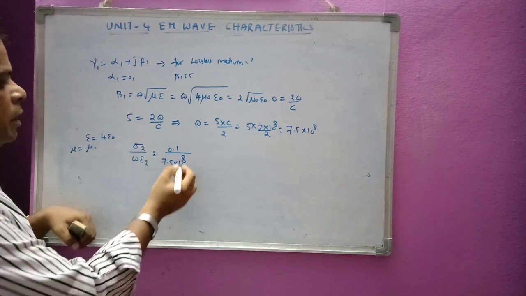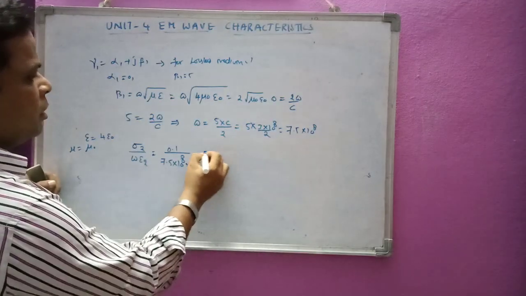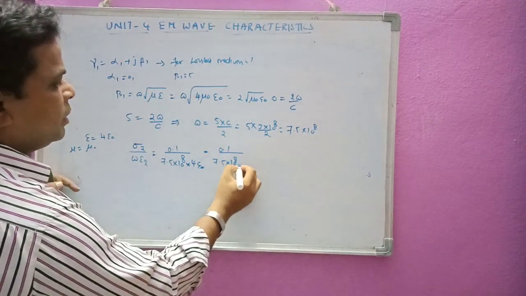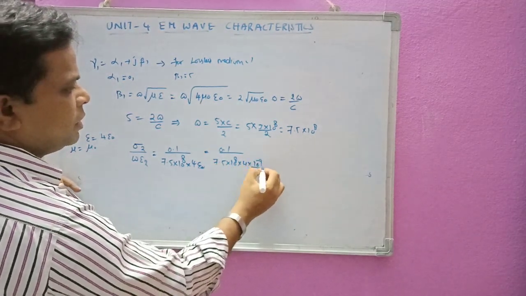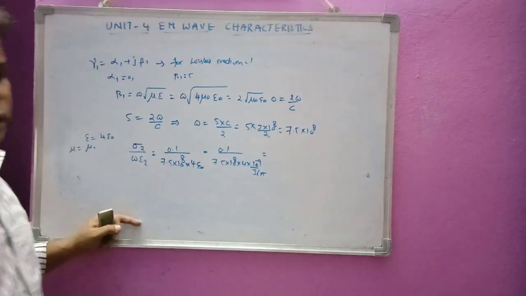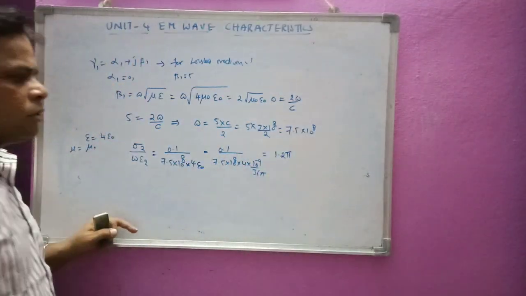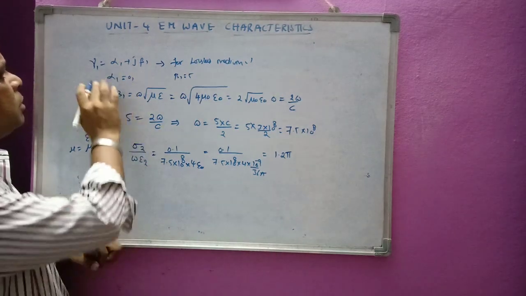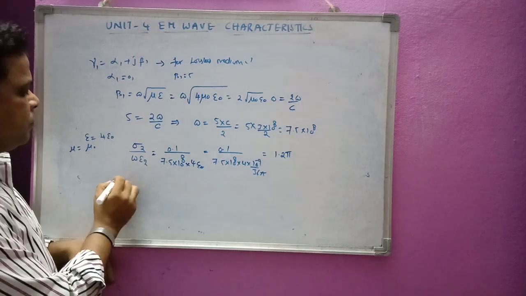Okay, small change there, and 4 into epsilon naught value will be equivalent to 0.1 by 7.5 into 10 to the power of 8 into 4 into epsilon naught, which is 10 power of minus 9 by 36 pi. So if you are going to solve this one, this value will give you 1.2 pi. And now we have got the gamma 1 for this one. So in order to find this gamma 2, we have to find alpha 2.